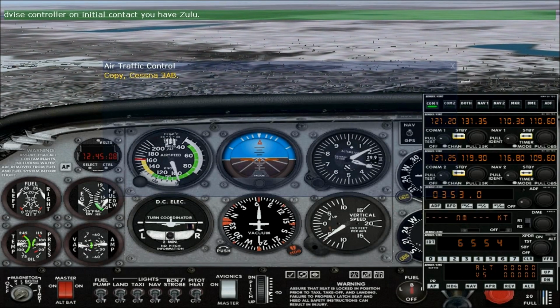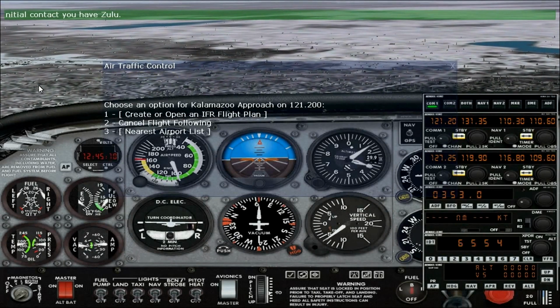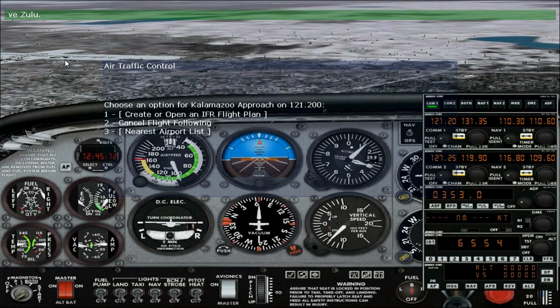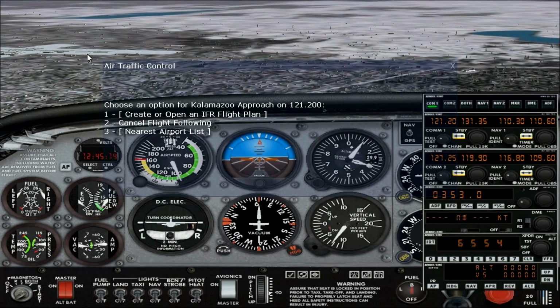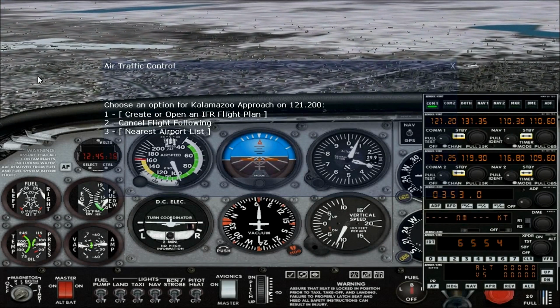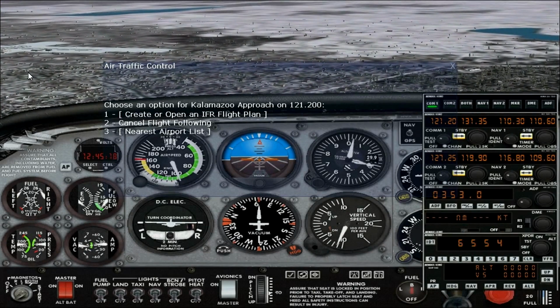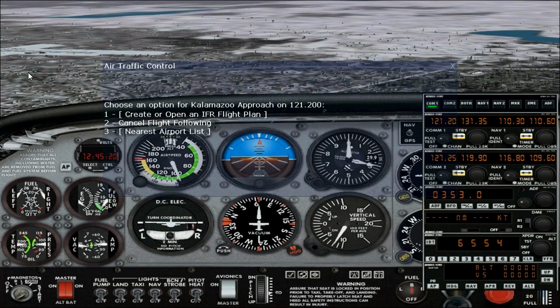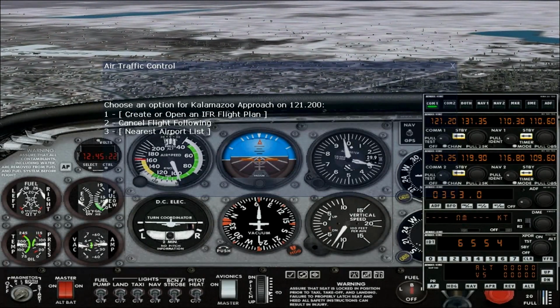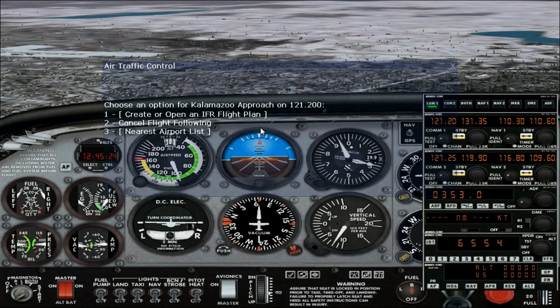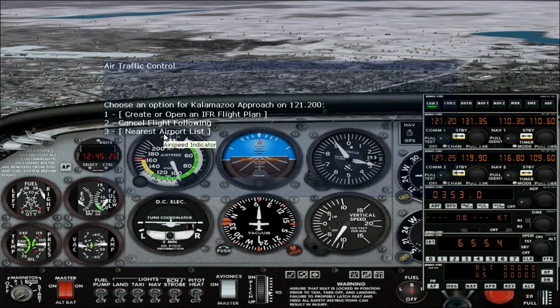And acknowledge radar contact. Okay, this is runway 35 up here, so we're going to be landing this way. I've started the descent already. At this point in time, we would say that the airport's in sight, and they would switch us off to Kalamazoo Tower. So I'm going to have to cheat the system a little bit and look up the nearest airport